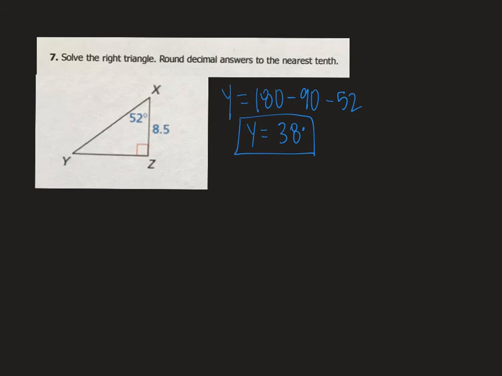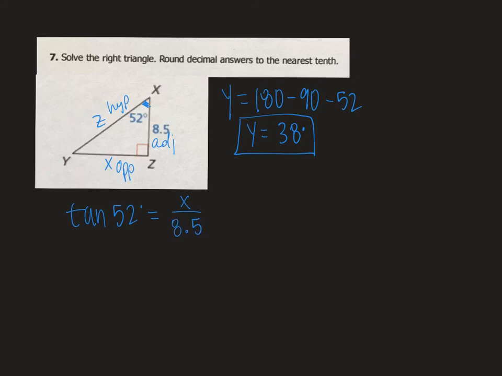And then I'm going to call this side X and this Z, since they're opposite angles X and angle Z. And I'm just going to start solving for those. So it doesn't matter which one I start with. So I'm going to use this 52-degree angle since that was given to me. So from that angle, x is opposite, 8.5 is adjacent, z is the hypotenuse. So if I want to solve for x first, opposite and adjacent, since I know the adjacent is going to be tangent. So the tangent of 52 degrees equals x